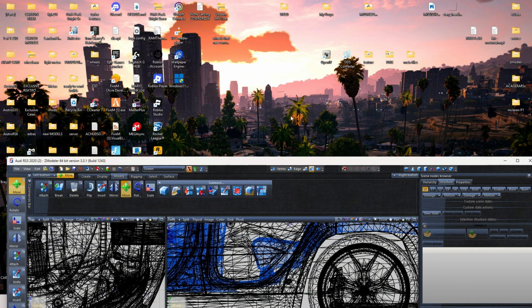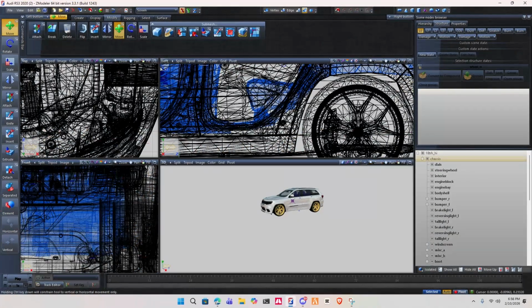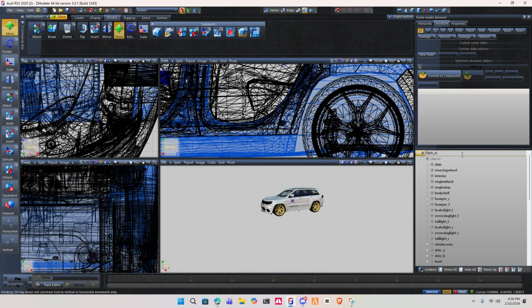Now we're going to do the exact same thing we did earlier. We're going to name this AC track. Any kind of name that you want will do for this situation. Make sure you have your texture folder and your PNG folder. And then we're going to do the same exporting process as we did in episode 1,